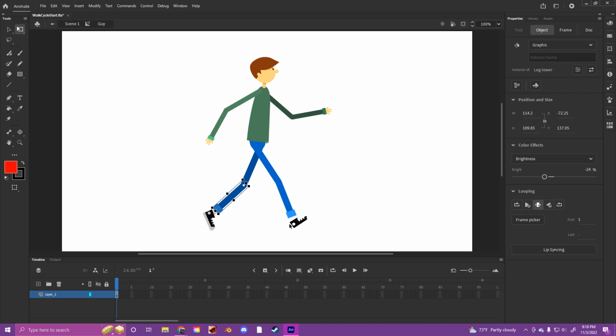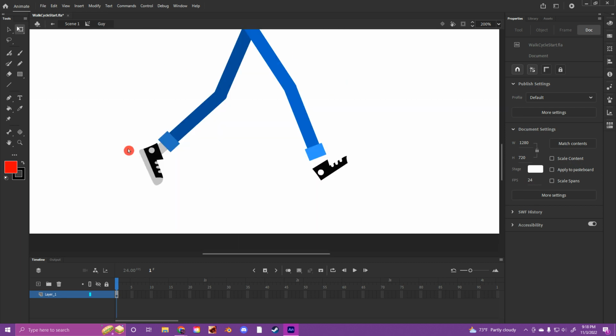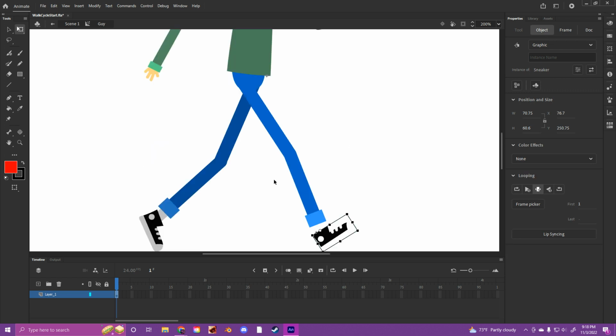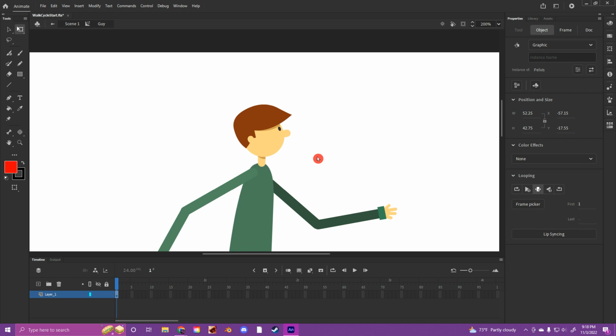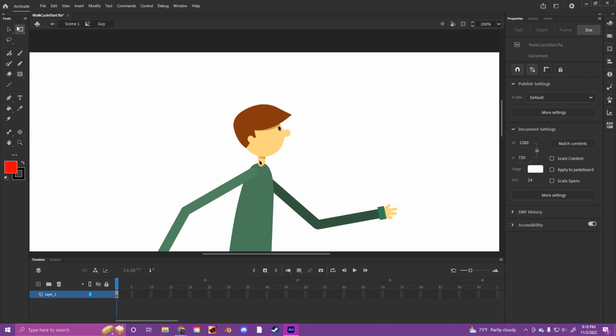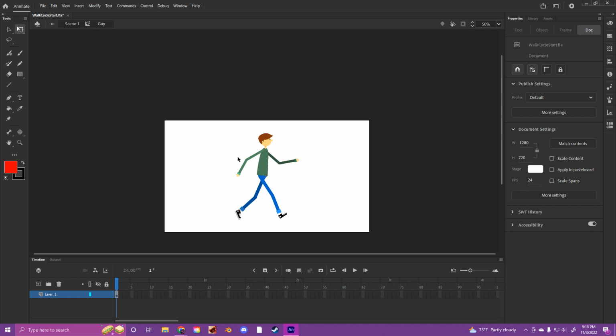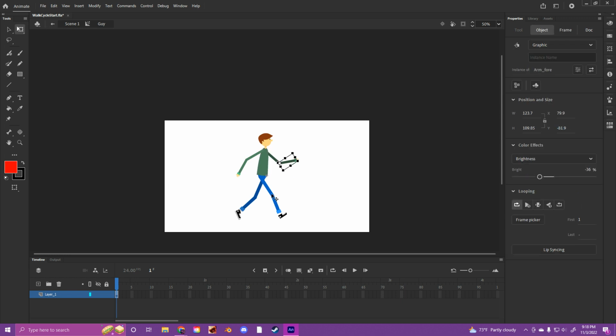Now there is a small ankle shape in between here, but that looks like it's working just fine. If you can't see it, feel free to zoom in. But by default, they should have been placed correctly. If not, you can go ahead and move them to your liking. The pelvis stays the same, and we just have to move the head slightly down. I believe the neck is fine. Yes. I'm gonna zoom out really quick. Once you have all of the joints' origin points